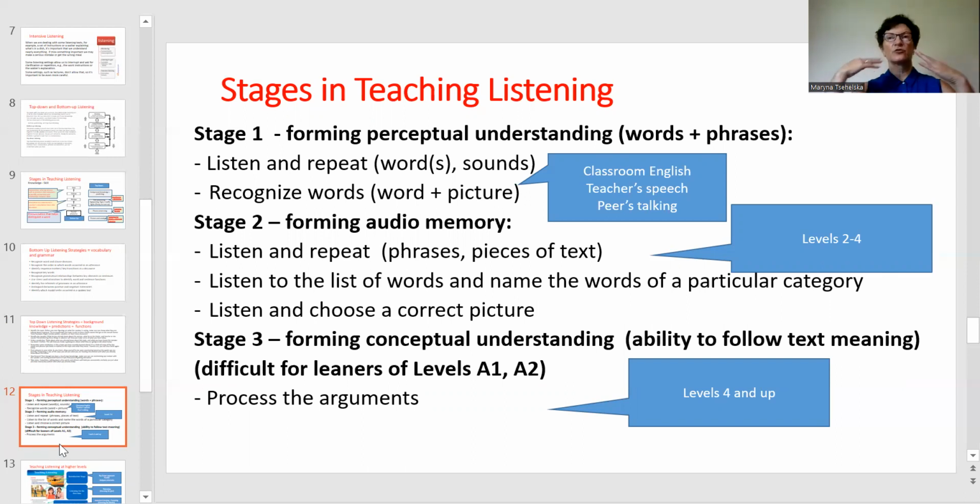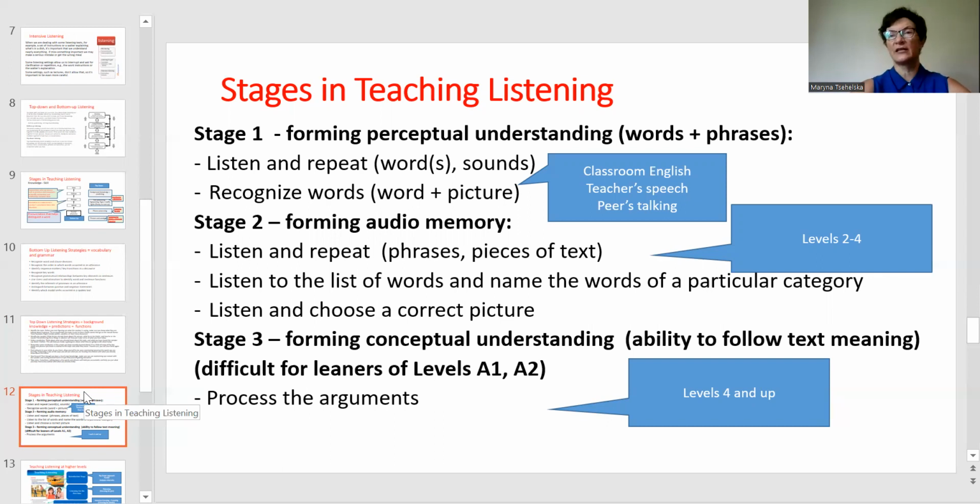students need to start recognizing foreign words, the words of a foreign language. So here they listen to a teacher, and classroom English is very important. They listen to their peers, they listen to the recordings, and that is how at the first stage we form the perceptual understanding. At the second stage, the audio memory is formed, and at this stage, already not the words,